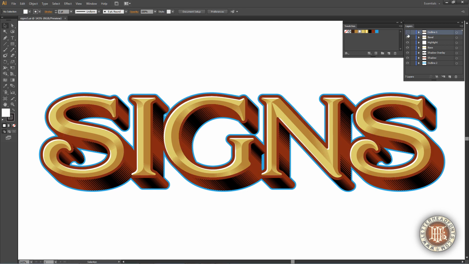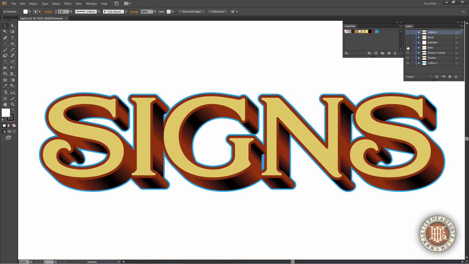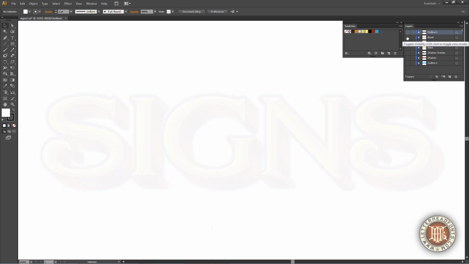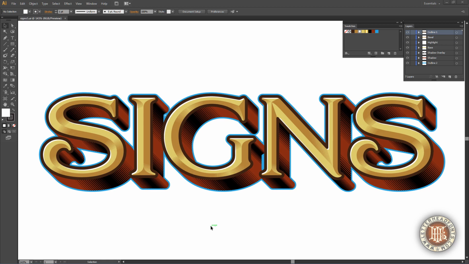Notice that each layer is independent and may be turned on or off using your program's Layers palette. You don't need to use all of the fonts together, but if you do, they should be stacked in the order shown for best results.